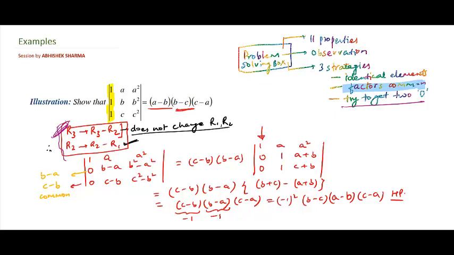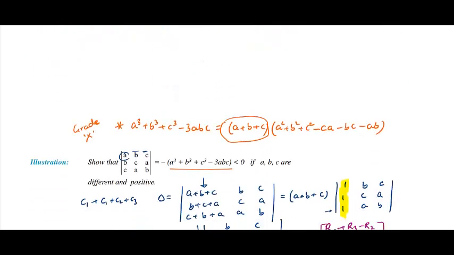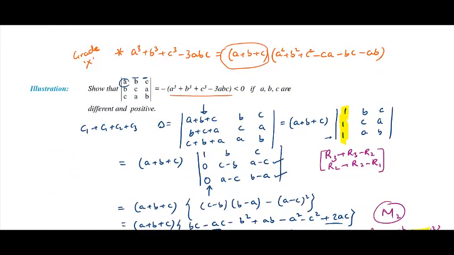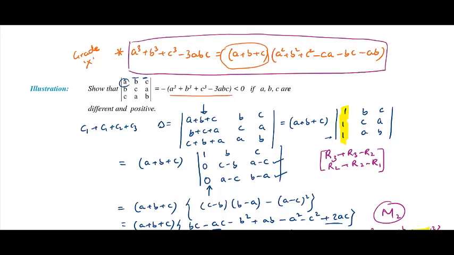Never rush to expand the determinant whenever you have two zeros. Maybe try to take something common, which was this strategy. And then observations like the standard factorization that we studied in class 10th helped us in solving the second example, this particular identity that we studied. So learn this, it is very important and will occur frequently in the subsequent sessions as well. So you should be learning this formula, right?